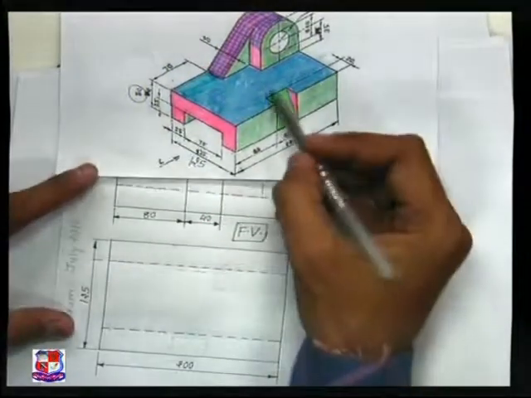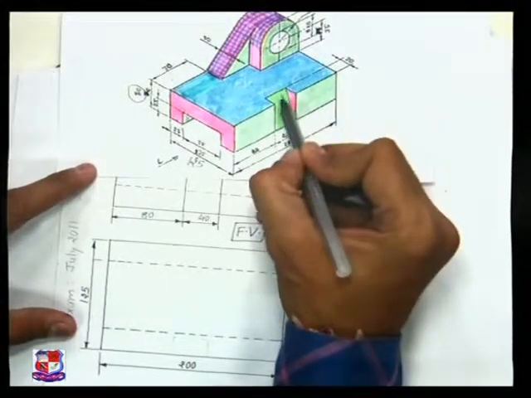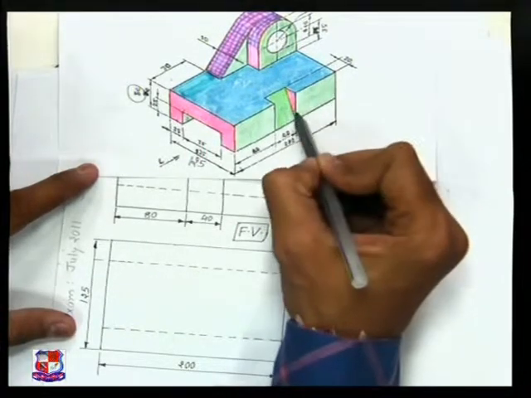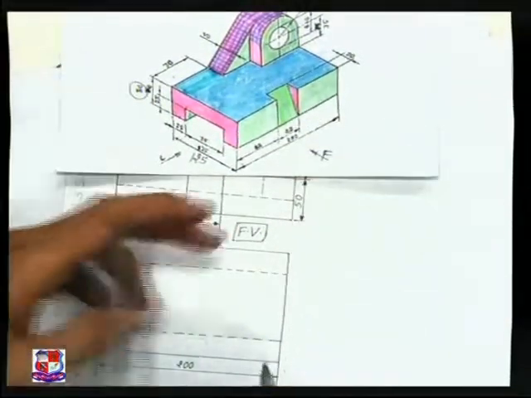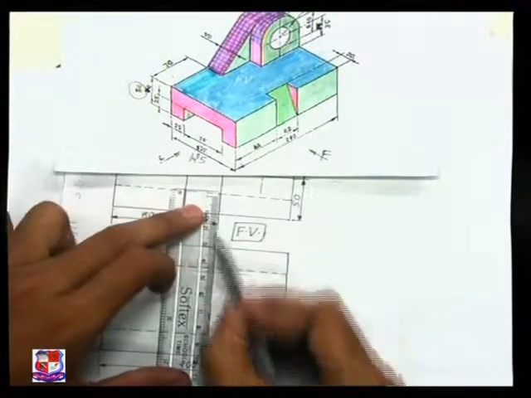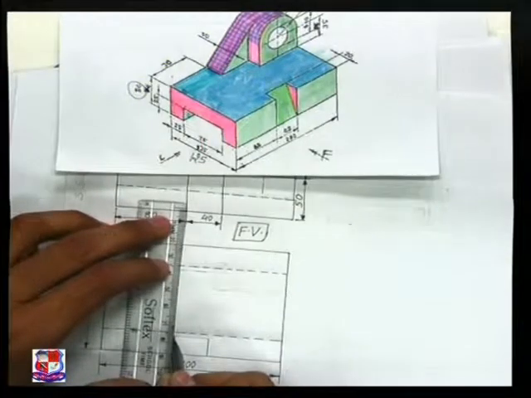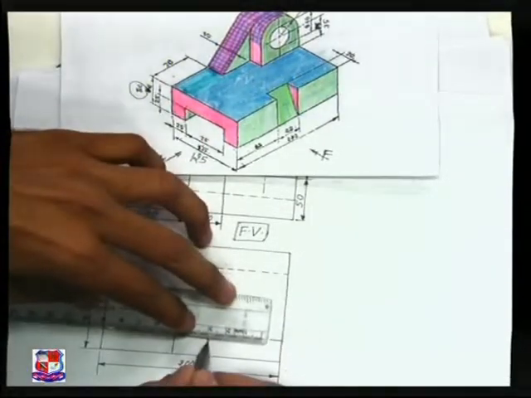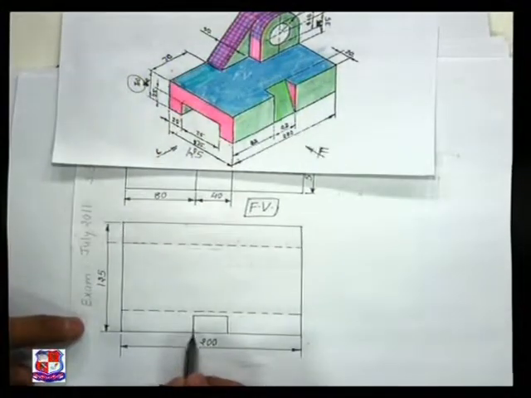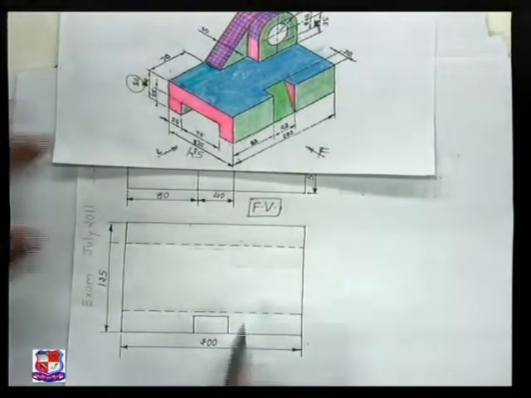Now we think about this cut portion. This cut would also be visible in top view. There is this green colored portion. The height is given as 20 mm, and the width is known to us, or we can transfer it from front view like this. From here you can transfer that point, and the height is given, that is 20 mm. So from here at a distance of 20 mm, this should be drawn. So this height would be 20, and the width is given as 40 mm. So till now we have drawn this.